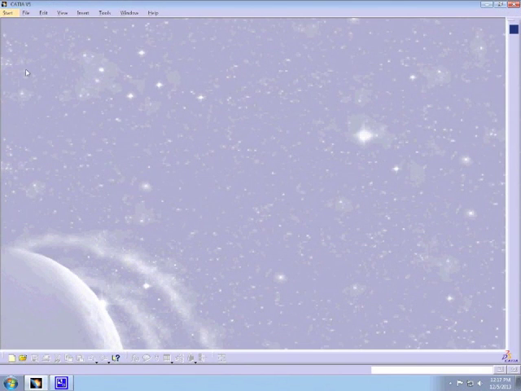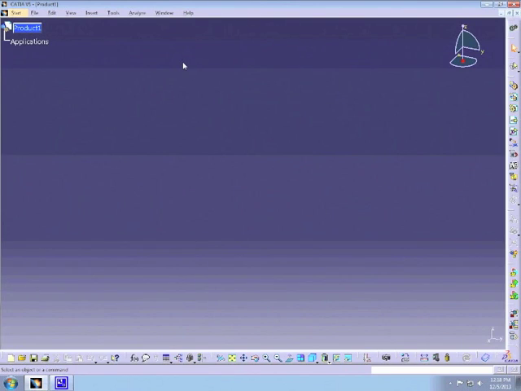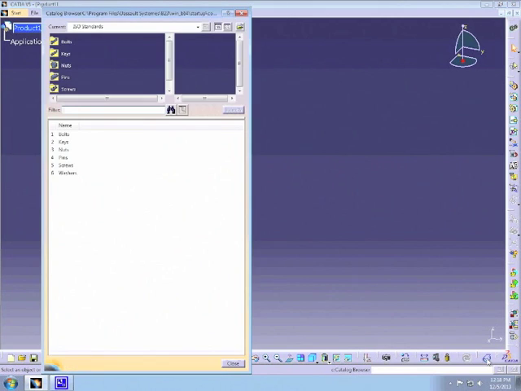Now I'm going to show you how to use the catalog to make it in an assembly. To start, I'm going to open up a new assembly, and then I'm going to click on this catalog browser icon down here. There's a number of standard catalogs that CATIA comes built in, but if you've made your own custom part libraries, you can make your own catalog. And to open it, you click Browse Another Catalog,